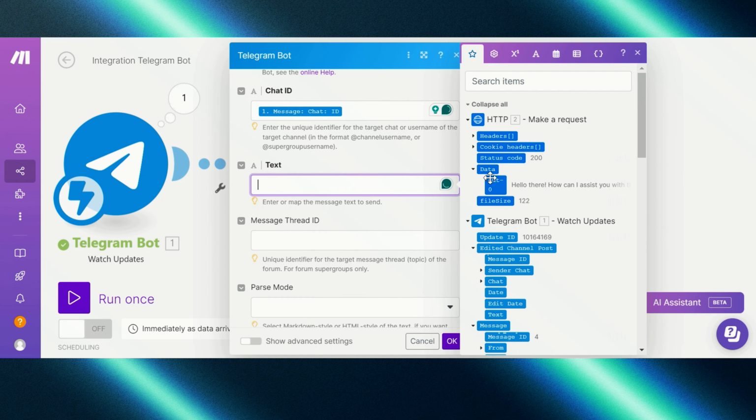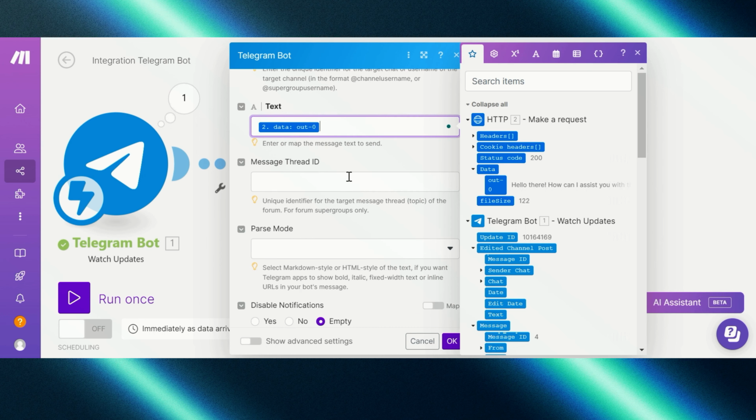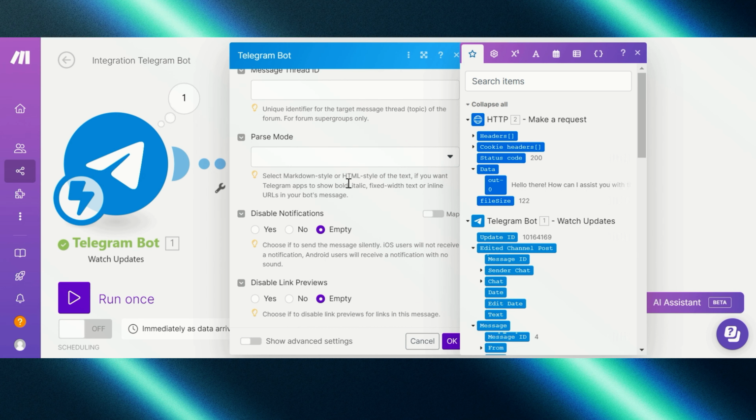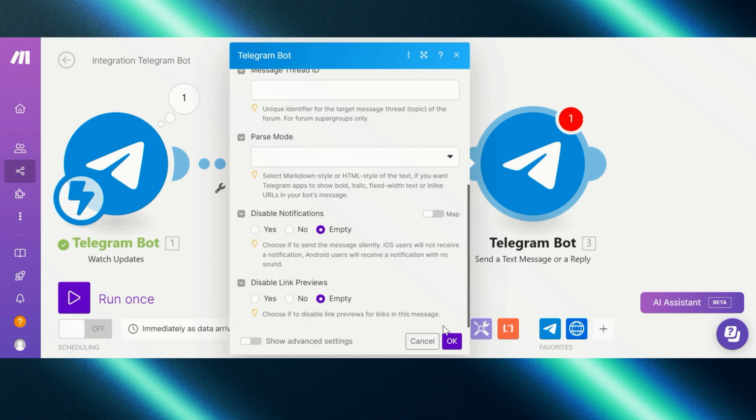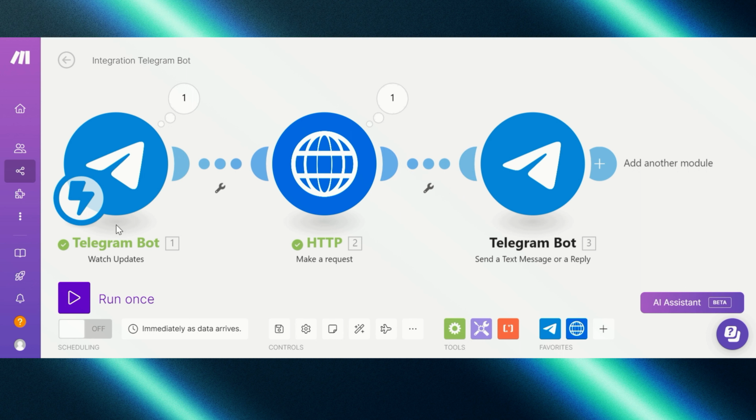For the text, I want to send back the output. We can leave the message thread ID blank, parse mode blank, and we can leave the rest as empty as default. If I hit OK, and if we run this module once,